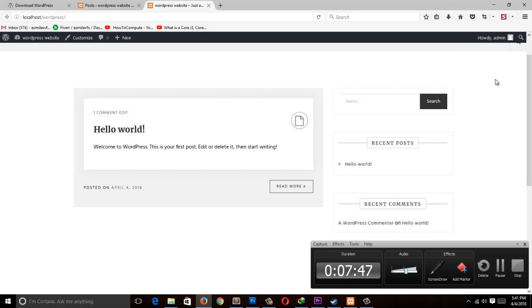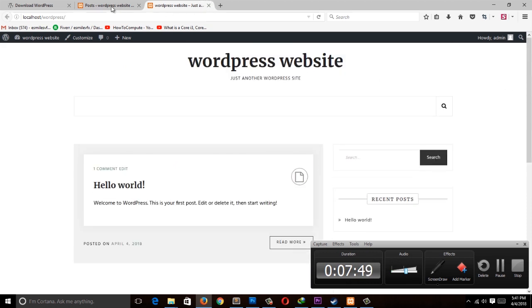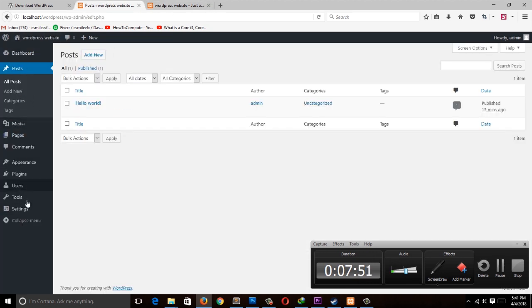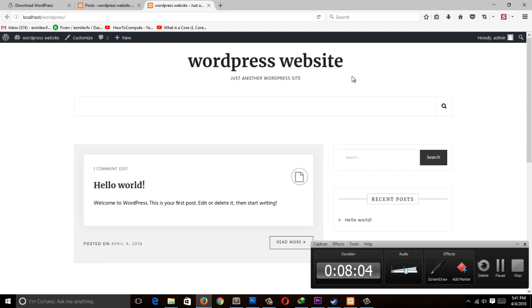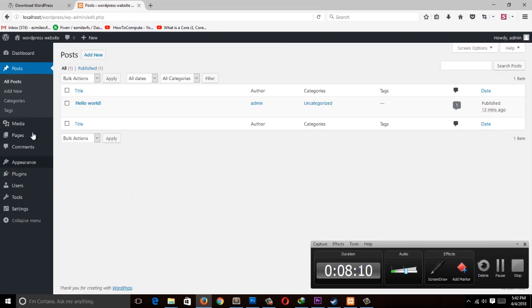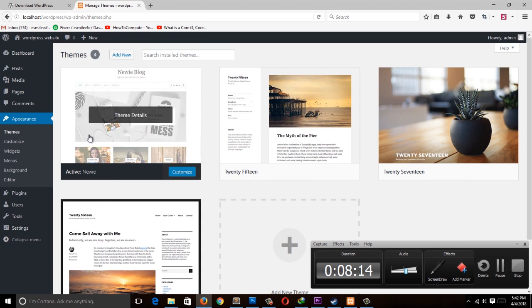If you want to use a different theme, I don't think I'll be going through these links one by one, because some links are more important than others. So let's first look at how to change the theme of your website. Let's close this out. To change the theme of your website, just go under appearance, and you will see a